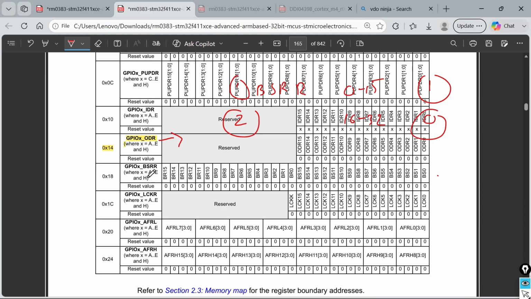So we'll look at the bit set reset register, which is this one, 18. We need to write 0 in the 13th bit. So what we'll do is 13, and we need to write in this block 16 to 31, so we'll add an offset of 16.